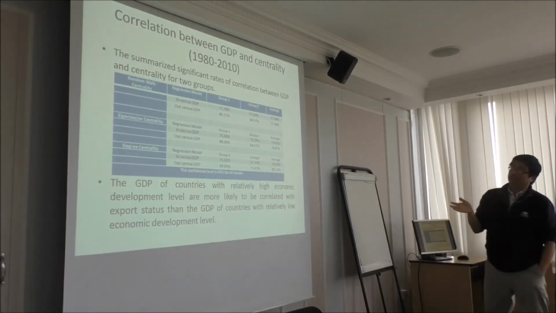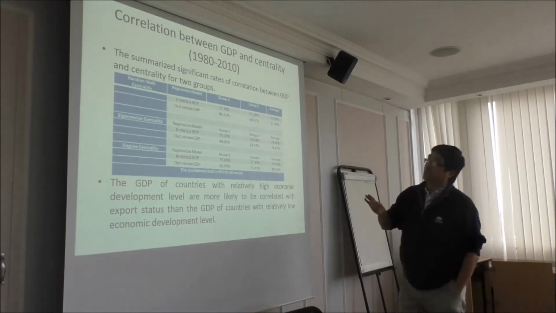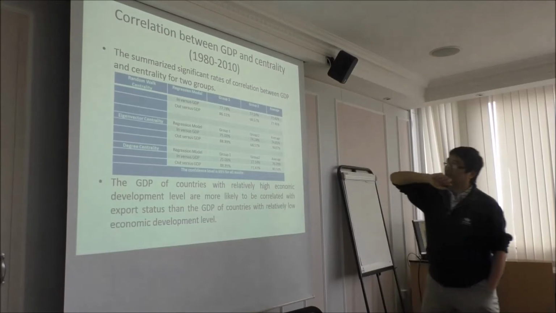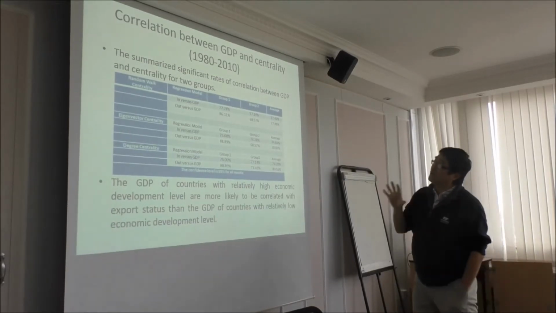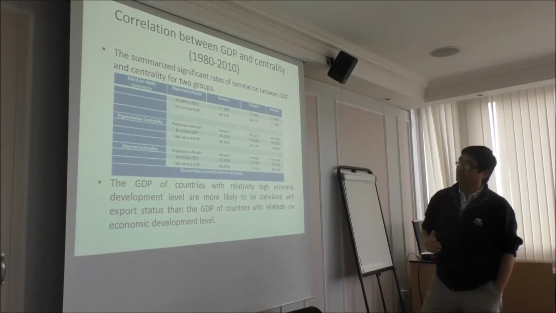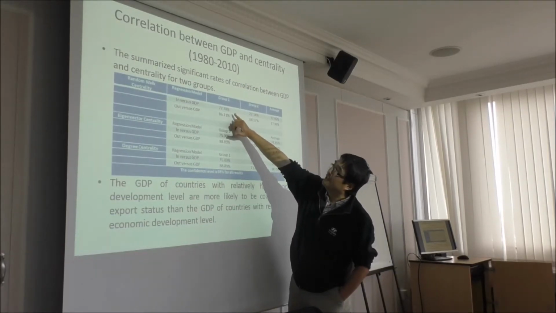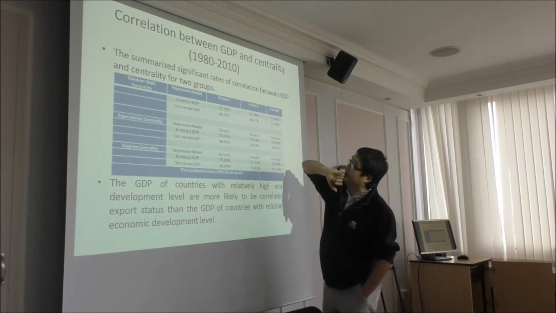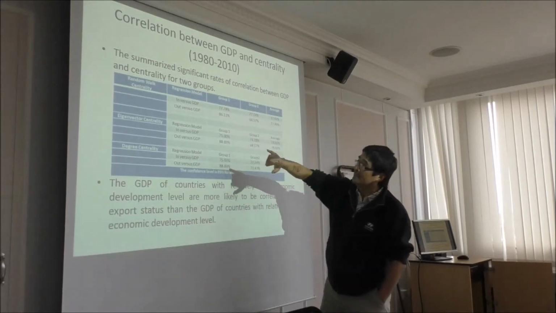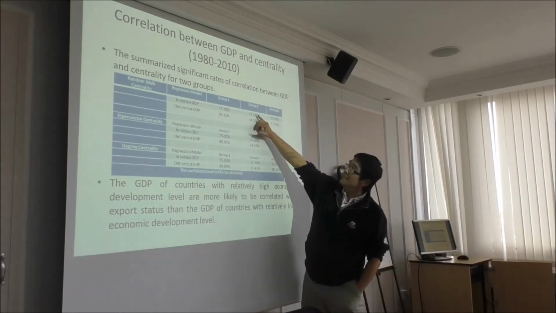Now we look at the GDP and the centrality. Again, it's between 1980 and 2010. If we just do regression, we do in-centrality regression against the GDP, and we carry out the GDP. Then again, we begin to see the differences in how they deal with in and out. For example, for group 1, the in against GDP is 77% significance rate here in the regression, not the beta coefficients and so on, just a significant rate. And out is 86%. And if you look at group 2, then 77 and 68.